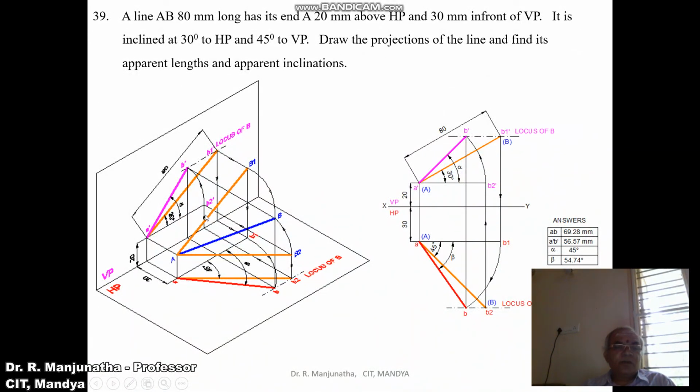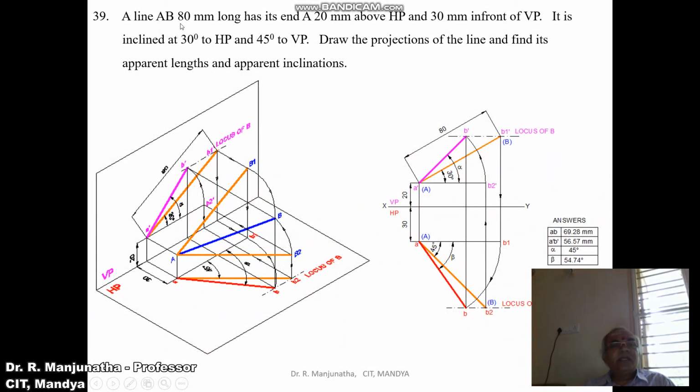Because when you look from the front view, this image is going to fall on the vertical plane. So this is A dash, B1 dash, which is also called capital A and capital B. But here we are using that in space. But capital A, B1 is the one which is going to be considered. You can see here capital A and capital B is the true length of the line having 80 mm length, which is inclined at 30 degrees. And 45 degrees to VP.